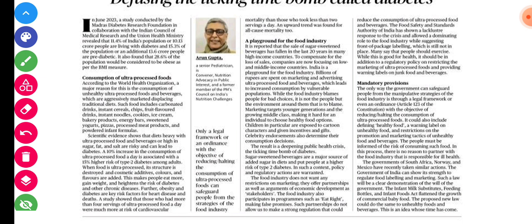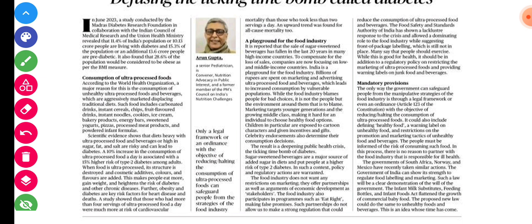Many say that people should exercise for good health. It should be in addition to a regulatory policy on restricting the marketing of ultra processed food, providing warning labels on junk food and beverages, and mandatory provisions for these ultra processed food industries. The only way the government can safeguard people from the manipulative strategies of the food industry is through a legal framework or even an ordinance